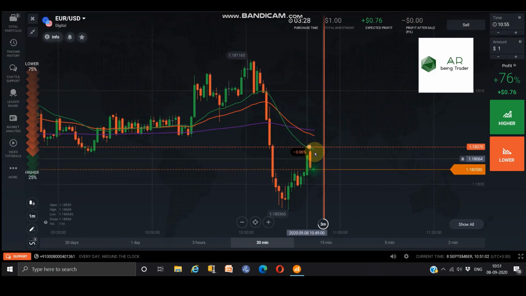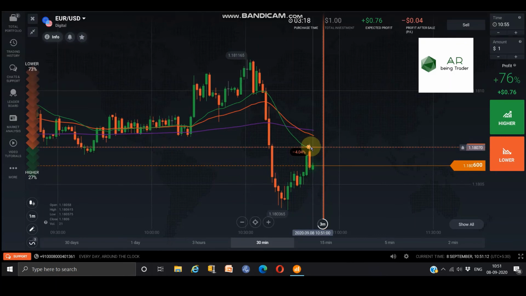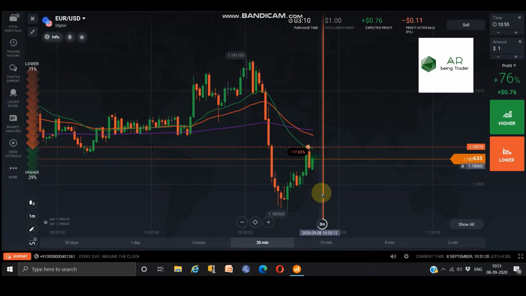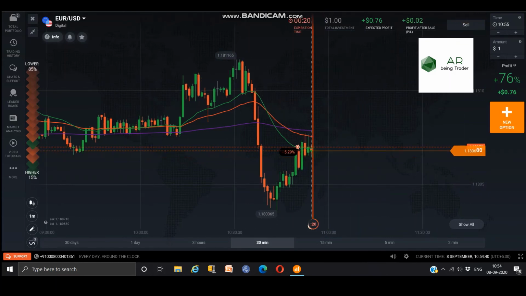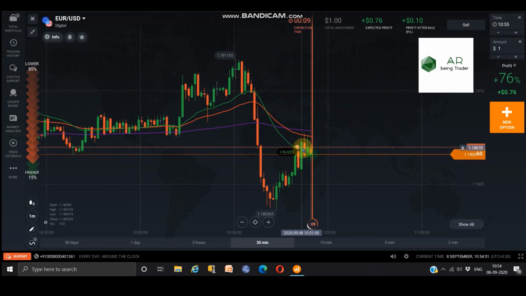You can see here, after I placed, the next candle came down. It acts as a strong resistance. This is why I always tell you, please place your trade near these lines. Even though the market came to this level, the candles are going to get some rejections. We're going to be on the safe side. Okay, guys, we have only 15 seconds more to complete this trade. As I told, if we place our trade near these lines, we're going to get this type of rejection. We're going to win.